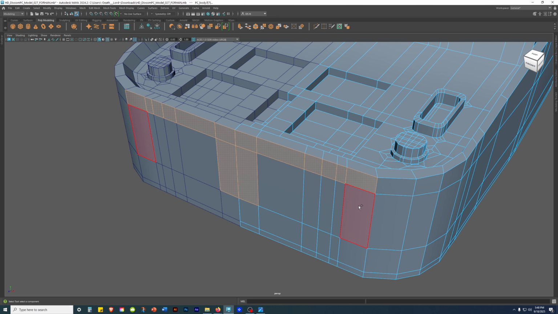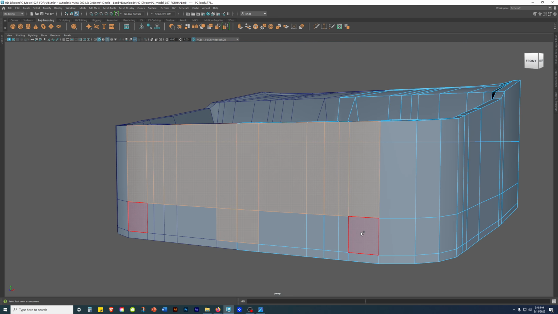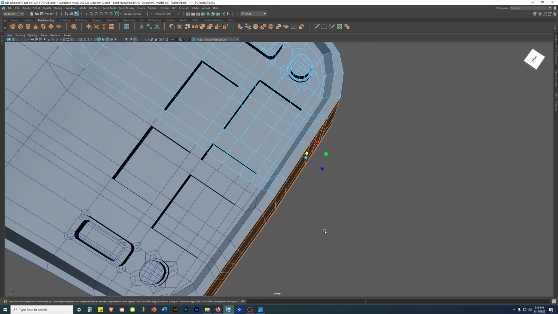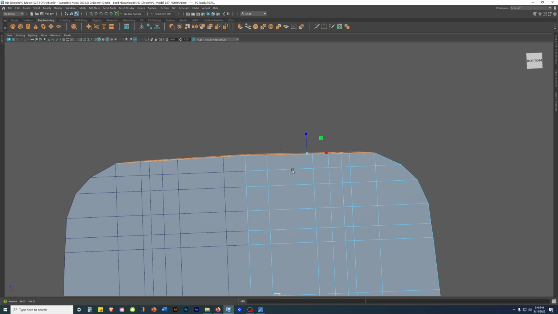This here, hold shift, double tap, click, hold shift, double tap, holding shift and tap. Over here, hold shift, double tap, press R, and then here,